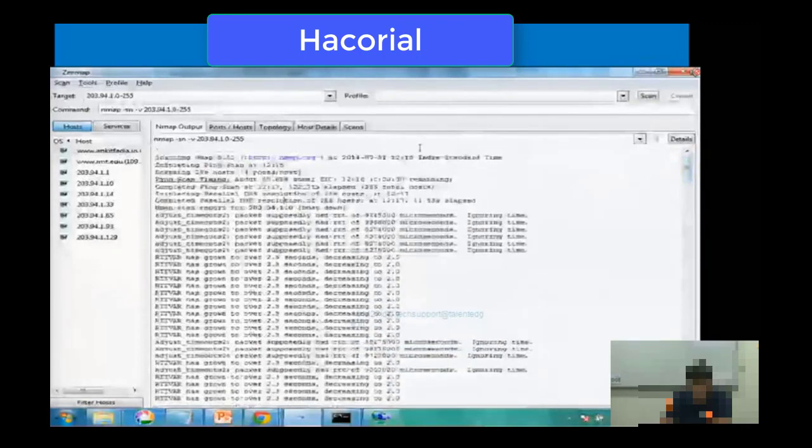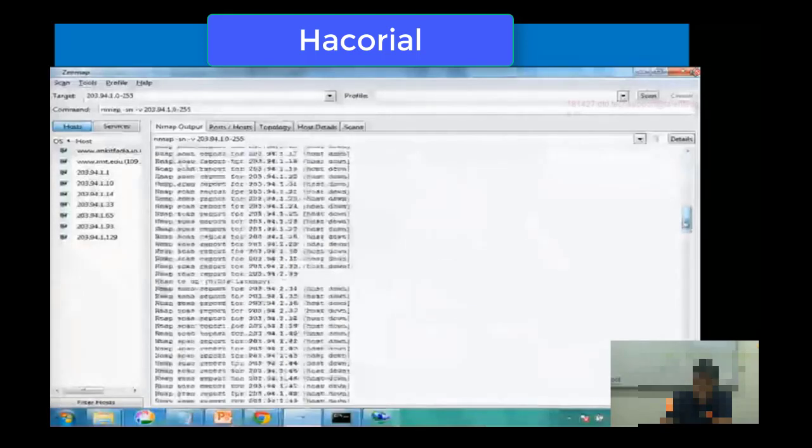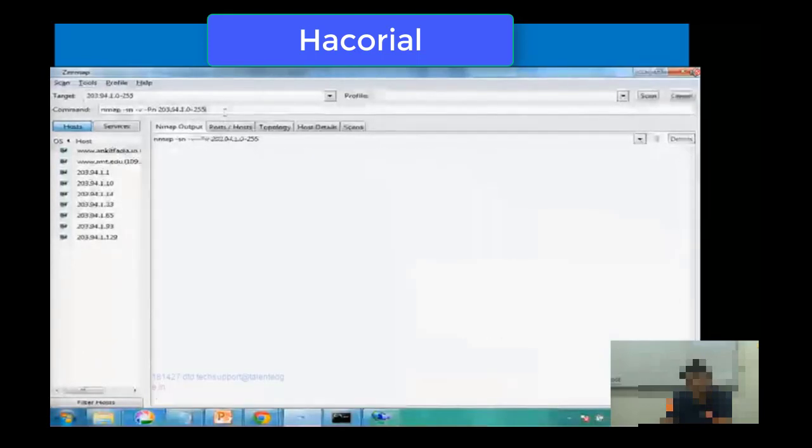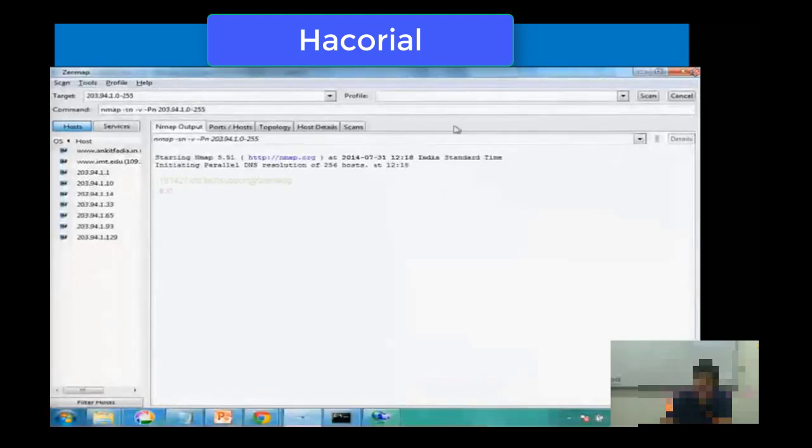Now, to find out whether it's a firewall or whether all these IP addresses are actually down, what you can do is, in the command, type -Pn, and then you run the command again. So -Pn will avoid using the ICMP protocol completely and will still try to perform a ping sweep scan for you. So that's the beauty of